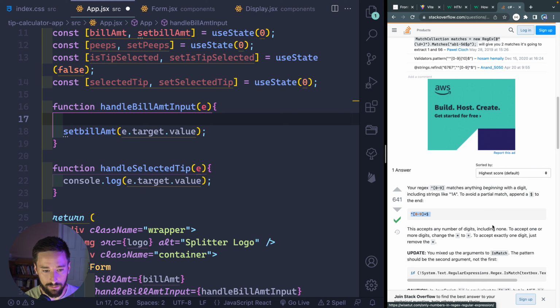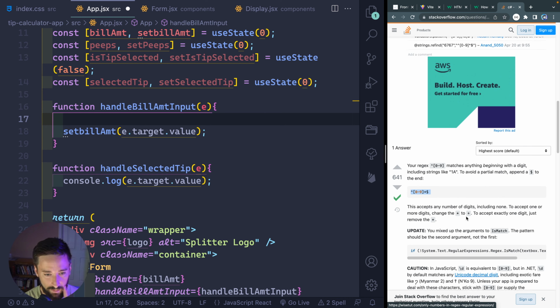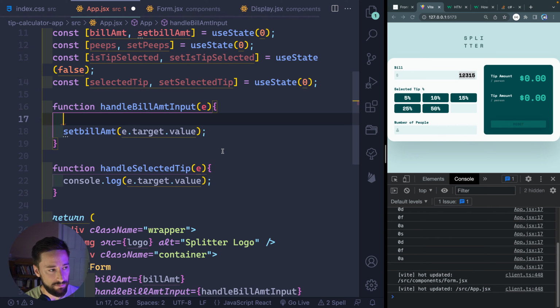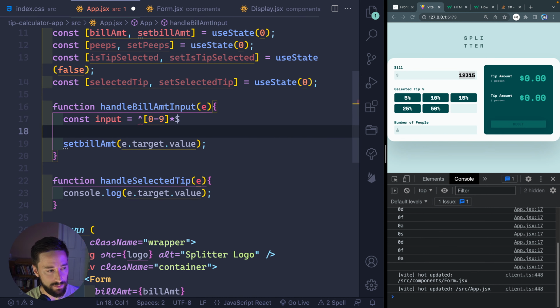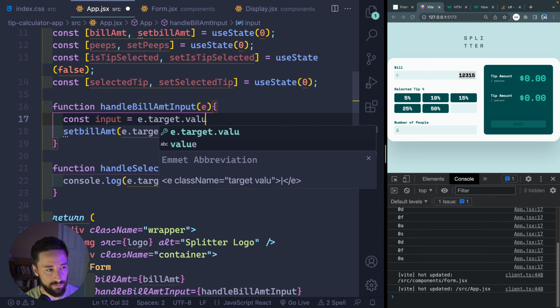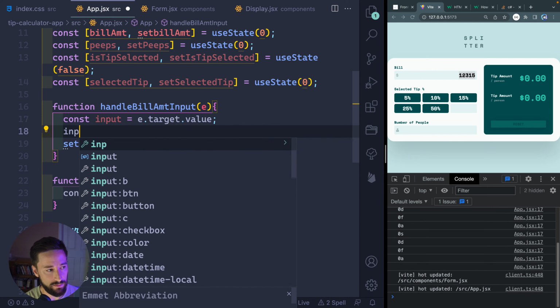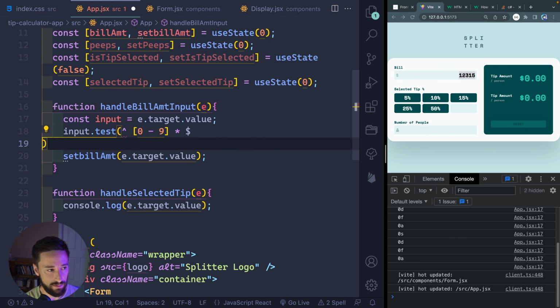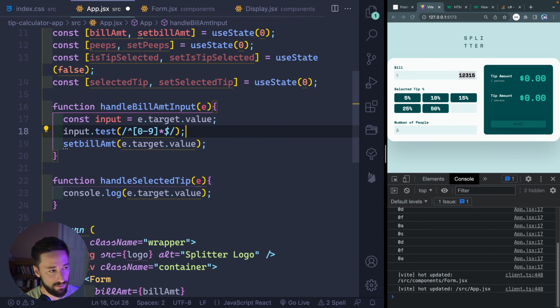A partial match. This accepts any number of digits, including none. Okay. That'll work for me. So let me see if I can remember how to do this. So let's just call this input, and this will be equal to the e.target.value, and then let's do input.test, and see, I got to put this in slashes just like that. And let's console.log it